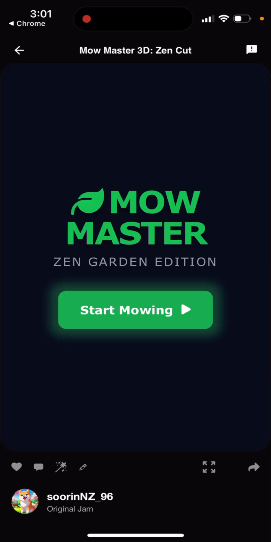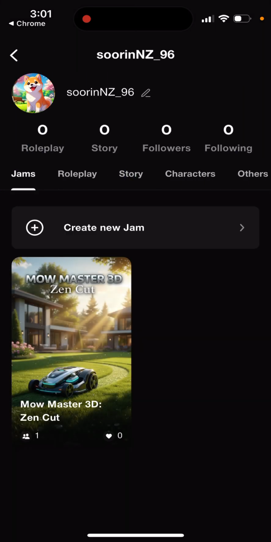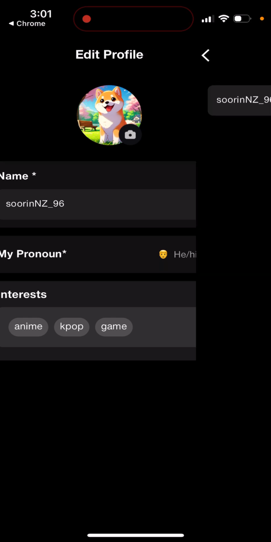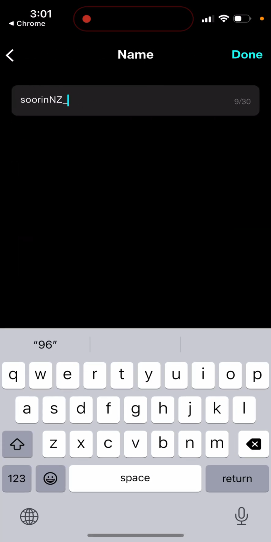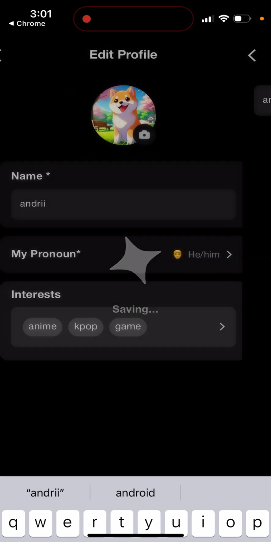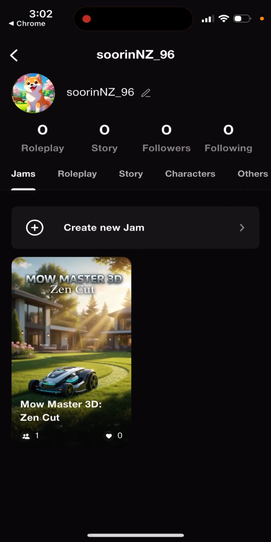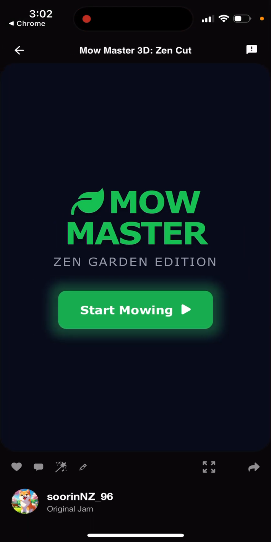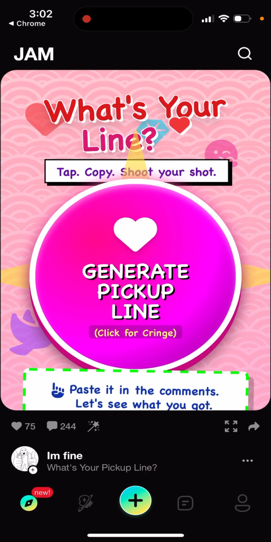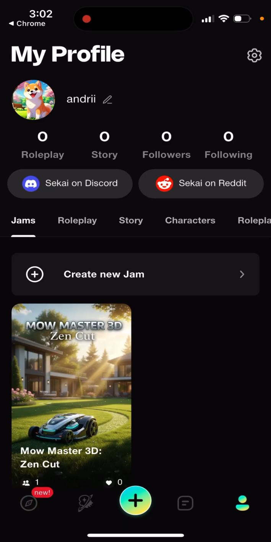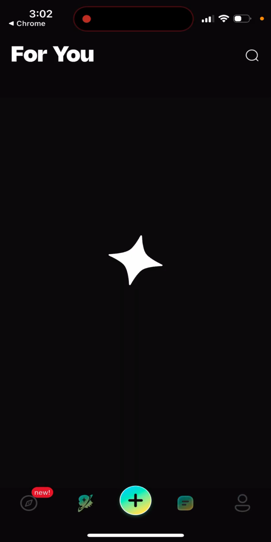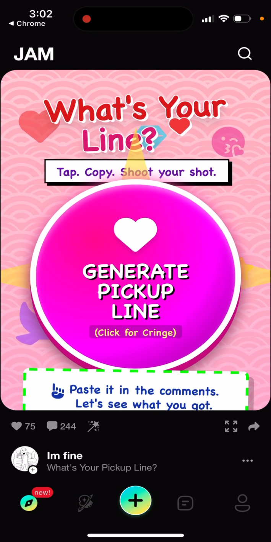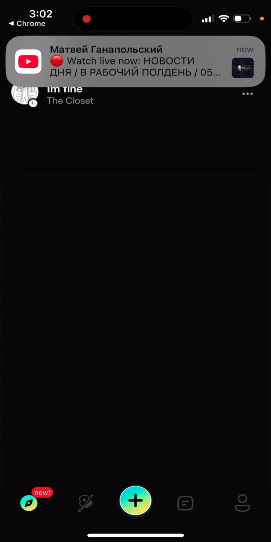and collect followers like that. So this is quite cool. So this is kind of the app, and you can then just change your name. Quite cool, and you can do it for free, so you can just generate these games. And that's kind of the idea. So try it out.